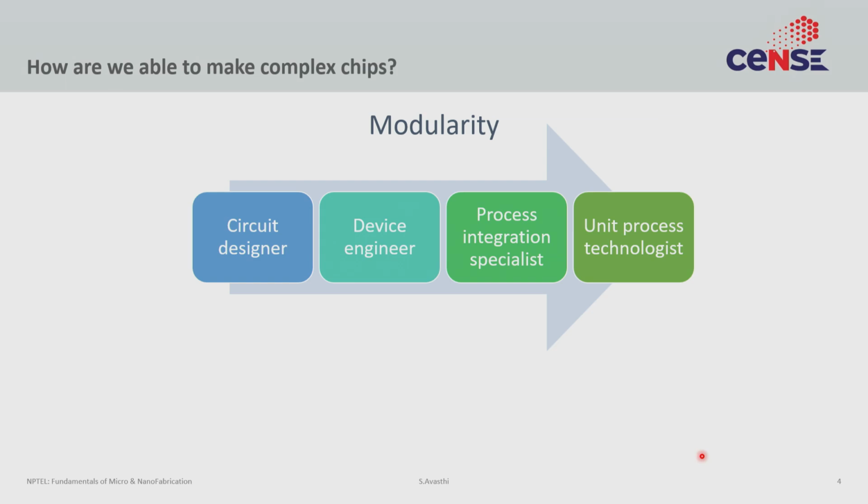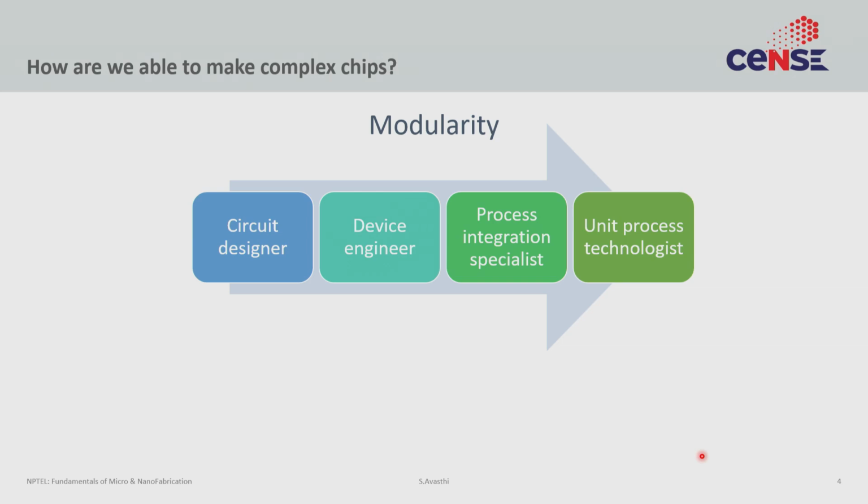So you can imagine you as a consumer who's consuming, say, a laptop, right, who's using a laptop. For their laptop to function, the chips must function, right? The chips must be mounted on a circuit that must function. Inside the chips, there must be devices which must be designed in a certain manner and must function. In order to make that device, there must be a process integration person who designs the process to make that device. And below it is a person who's a unit process specialist, who only deposits metal and optimizes the recipe for depositing the metal.